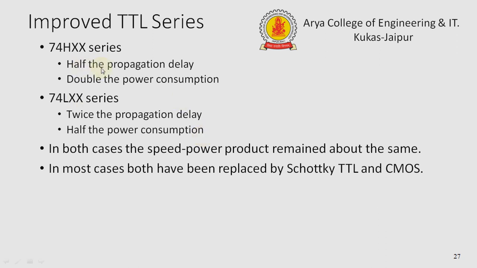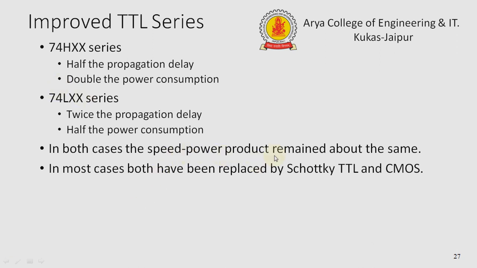There are some improved series in TTL after some research. These are the 74HXX series, because we are looking at the specification sheet of the TTL 7400 series. In the 74HXX series the propagation delay is half and power consumption is double, and in the 74LXX series there is twice the propagation delay and half the power consumption. So in both cases